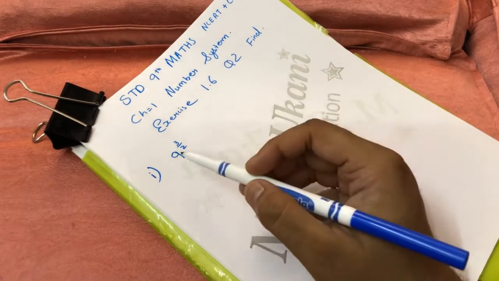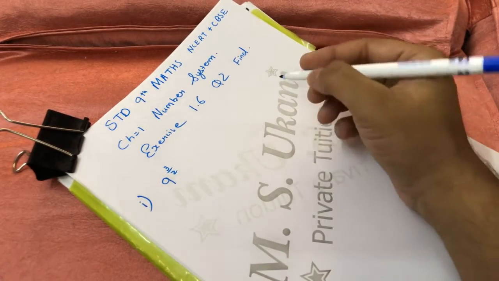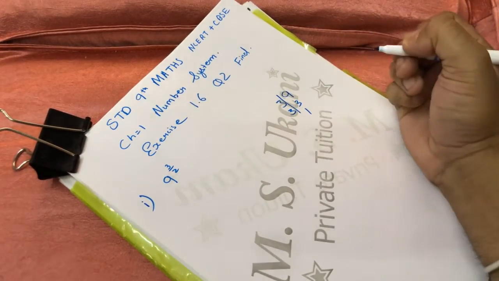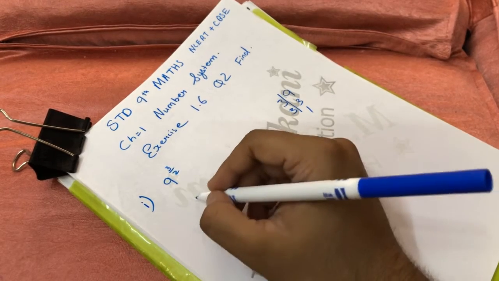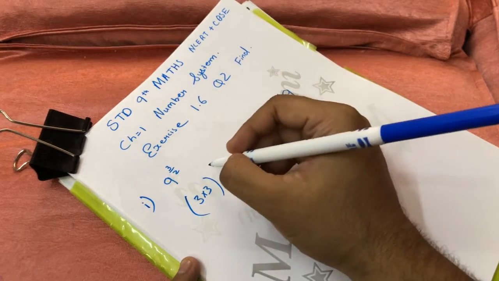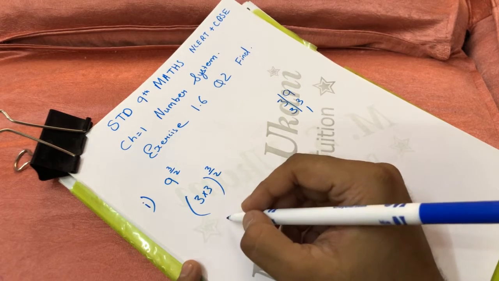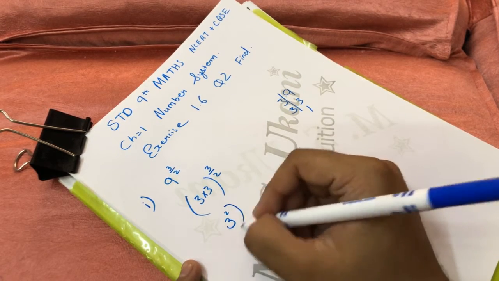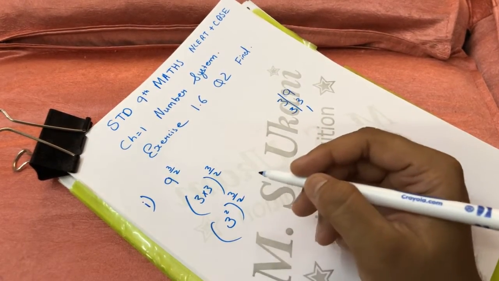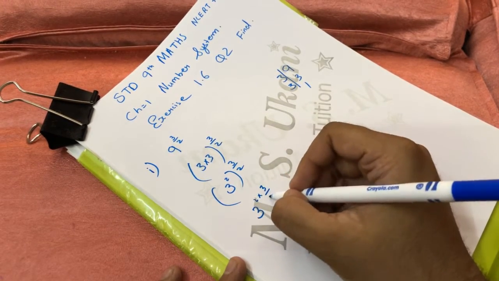So first of all we will take out the prime factor of 9 as explained in question number 1. The prime factor of 9 will be 3 3s are 9 and 3 1s are 3. So instead of 9 we will write 3 multiplied by 3, in bracket, raised to 3 upon 2. Now 3 is repeating 2 times, that means 3 raised to 2, and then power 3 upon 2. Now the relation between both the powers will be multiply. So here we will write 2 multiplied by 3 upon 2.